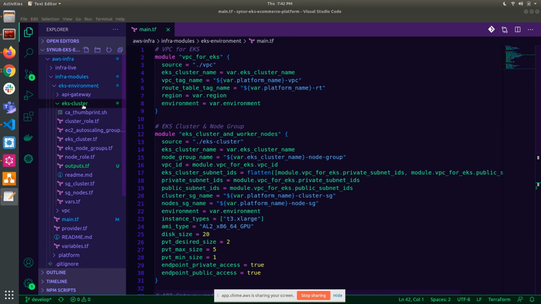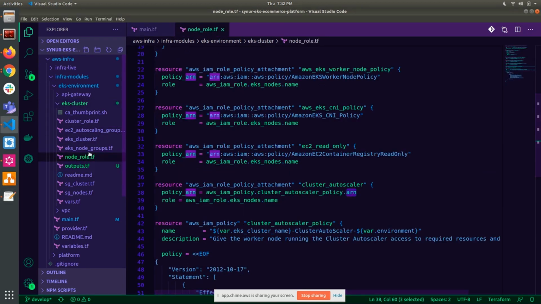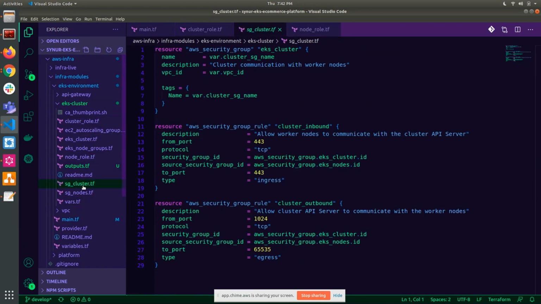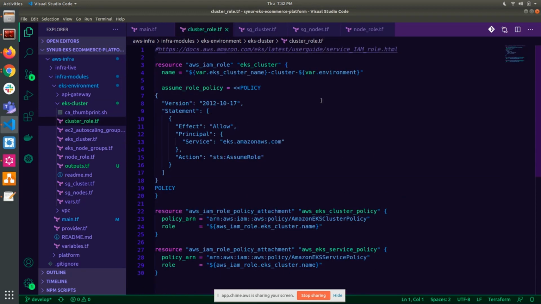Okay, so when we move over to the EKS module itself, you want to make sure to start with creating the roles. So your cluster role, your node role, and your security groups. The reason for this is that the roles will have particular policies attached to them, and those policies have the relevant permissions for the various API calls that are being made under the hood. So to avoid running into any issues, you want to make sure that all the necessary doors are unlocked or gates are open for the traffic that has to flow through there. So that is the first step.